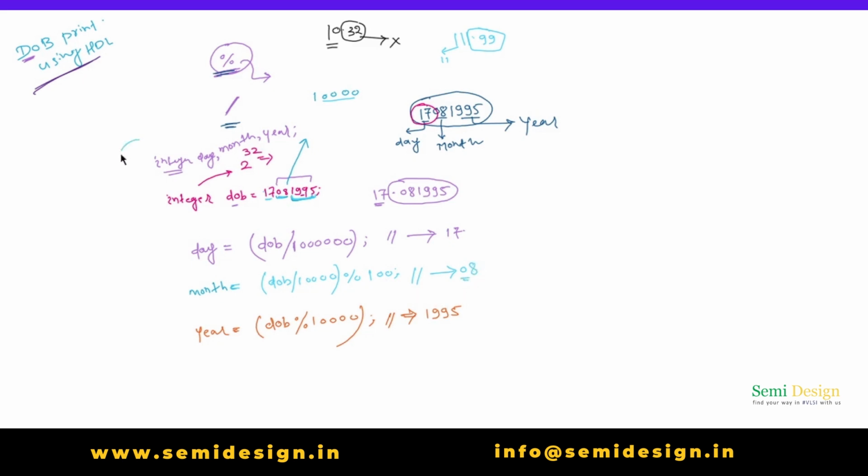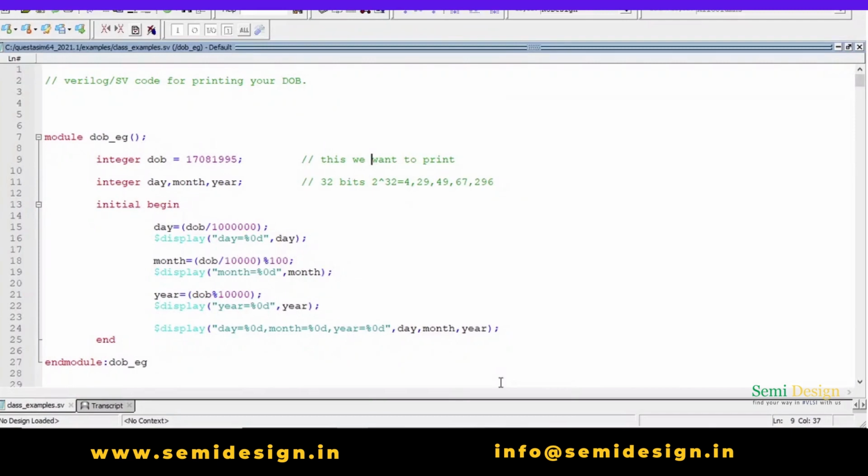So this is the concept. Very simple, very interesting. Okay, now we will put this concept into practice by taking the same example. This date of birth we want to print, and after that we want to print in a single line also. We can do it using $display. Now move towards that code. Already I have written a code here in order to save our time. Okay, now see, very interesting.